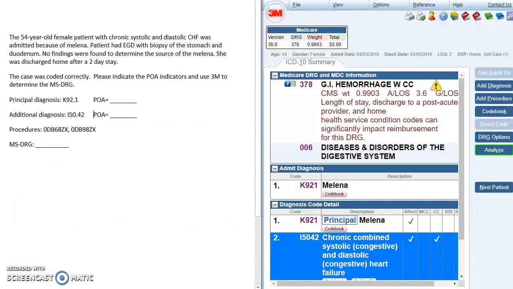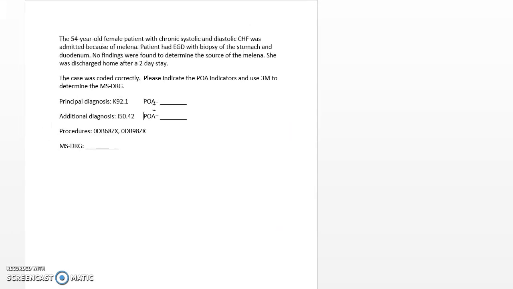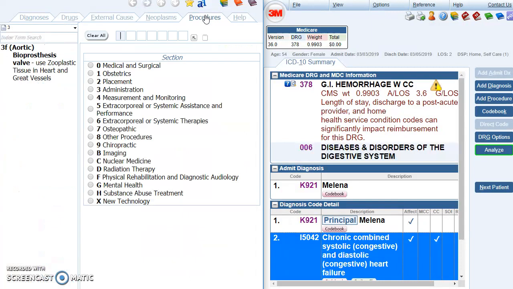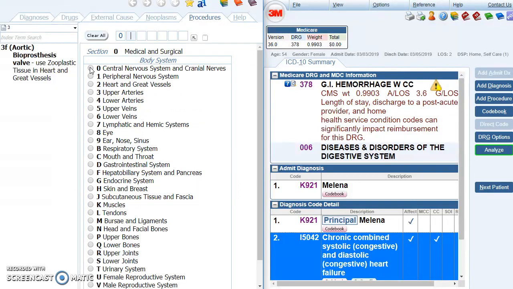Back to the scenario, it's asking us to also put in these two procedures. So she did have an EGD with biopsies of the stomach and duodenum. So let's go ahead and do that. The easiest way to put your procedures in is to click over here on procedures and then just put them in manually. So the first one was